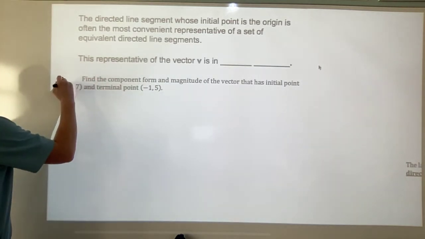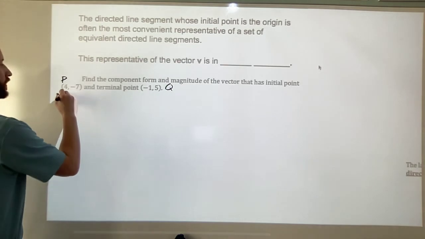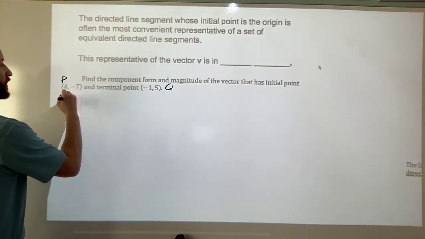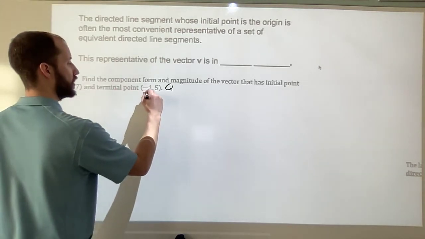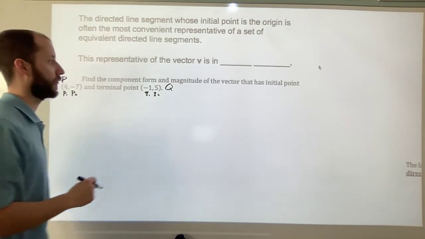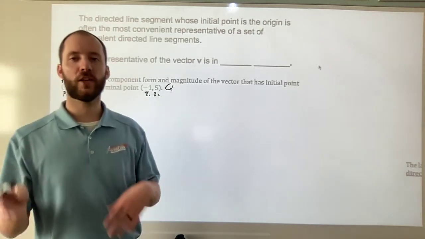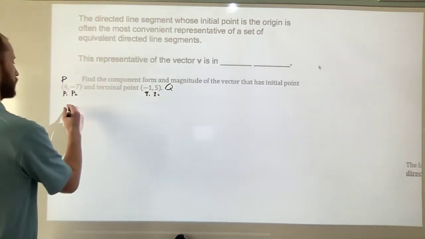So let's say this is P and Q. So then 4 is P sub 1, -7 is P sub 2, and -1 is Q sub 1, and 5 is Q sub 2. So to find component form, to put this into standard position,